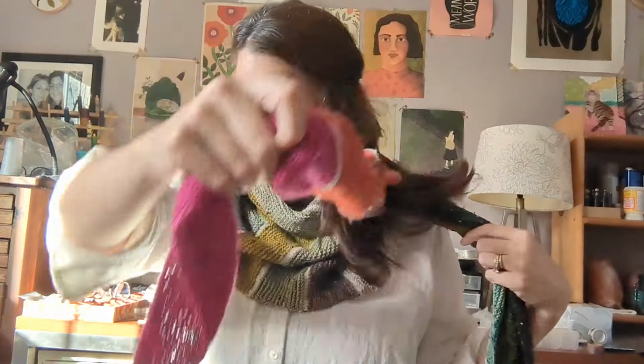But anyway, this will be super warm in the winter. This yarn is very comfortable and soft. It's very cute. You can also wear it. I did wet block it,